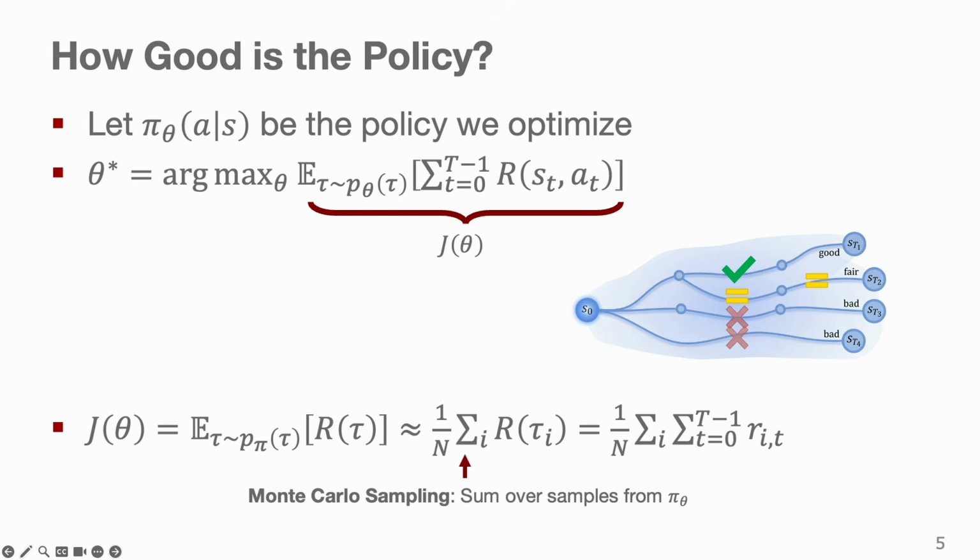We are making an assumption here that is maybe not obvious: that all this data we collect is coming from our current policy. This is what we mean by an on-policy method. So we cannot use past data to do this. So we evaluate this expectation, which is a function of our policy, by rolling out our policy multiple times, observing the reward, and then averaging it to estimate how good our policy is.